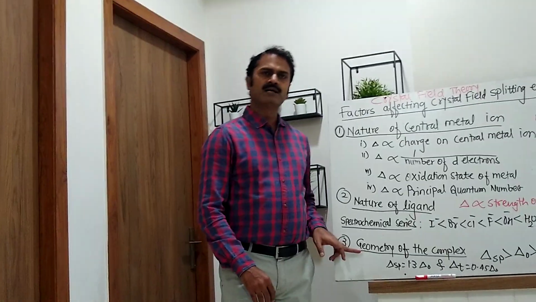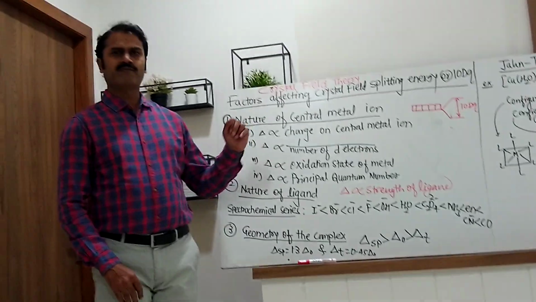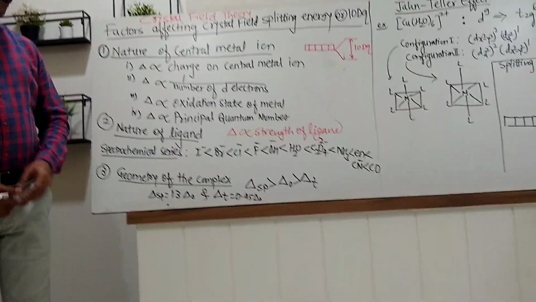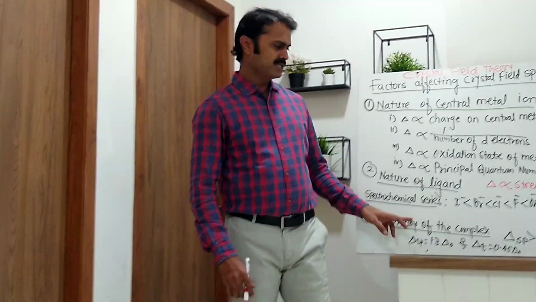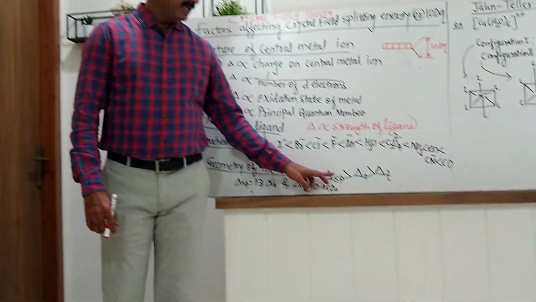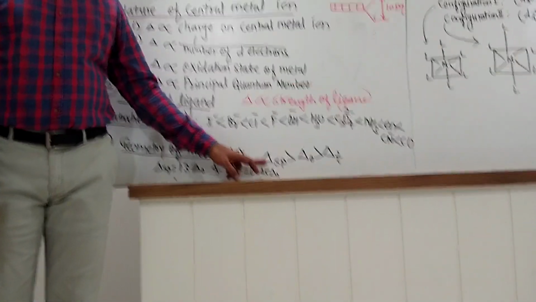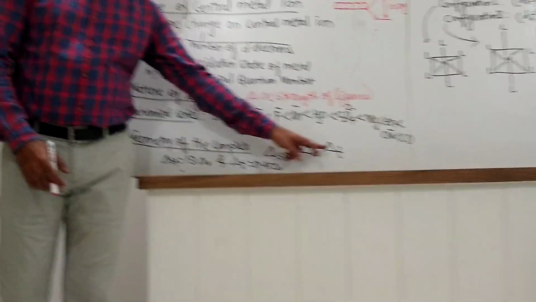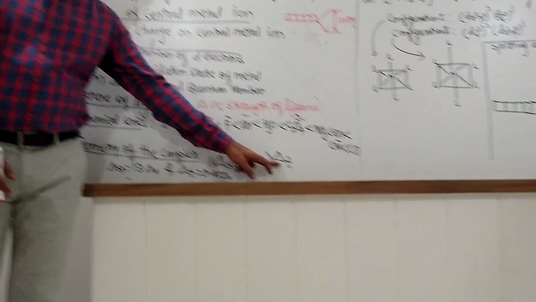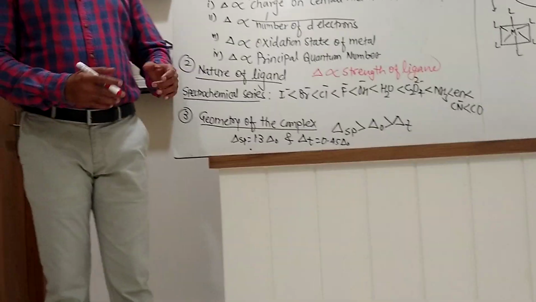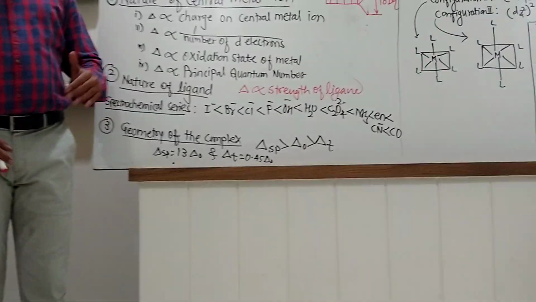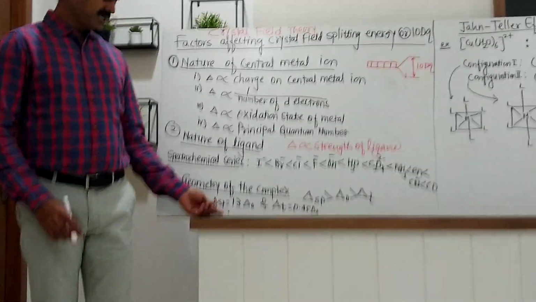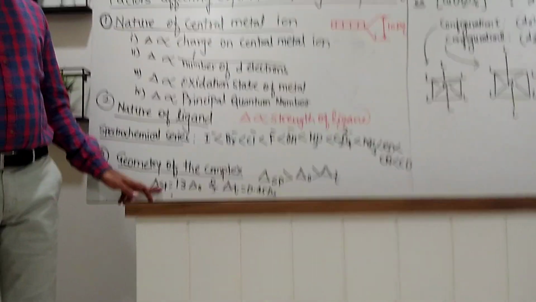The third factor which affects the crystal field splitting energy is geometry of the complex. The geometry of the complex affects crystal field splitting energy. In square planar complexes, crystal field splitting energy is higher than in octahedral complexes, and it is lowest in case of tetrahedral complexes. So there are two equations which give the exact relation between crystal field splitting energy in square planar complexes